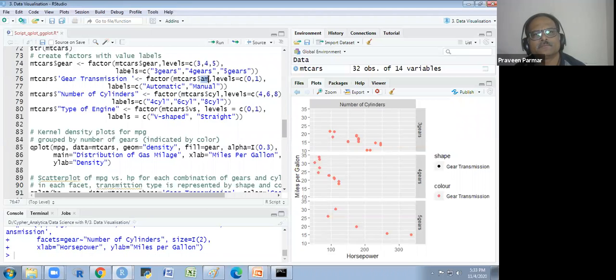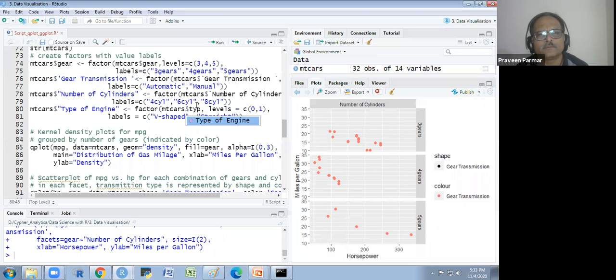Okay. Gear transmission, I have to take that. And here number of cylinders. Here type of engine. Now.